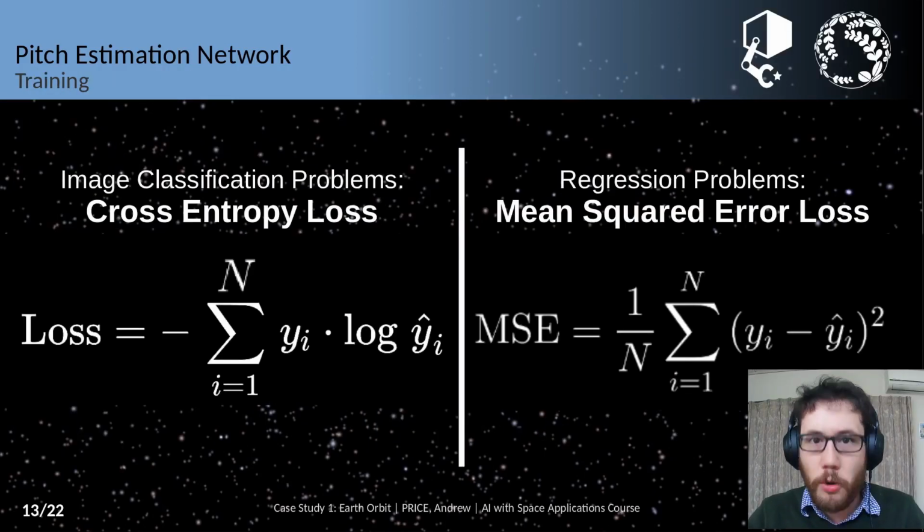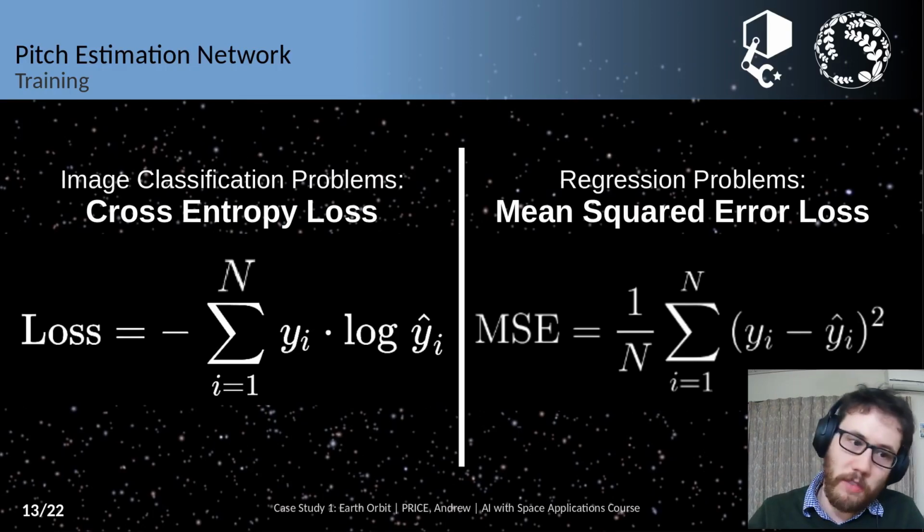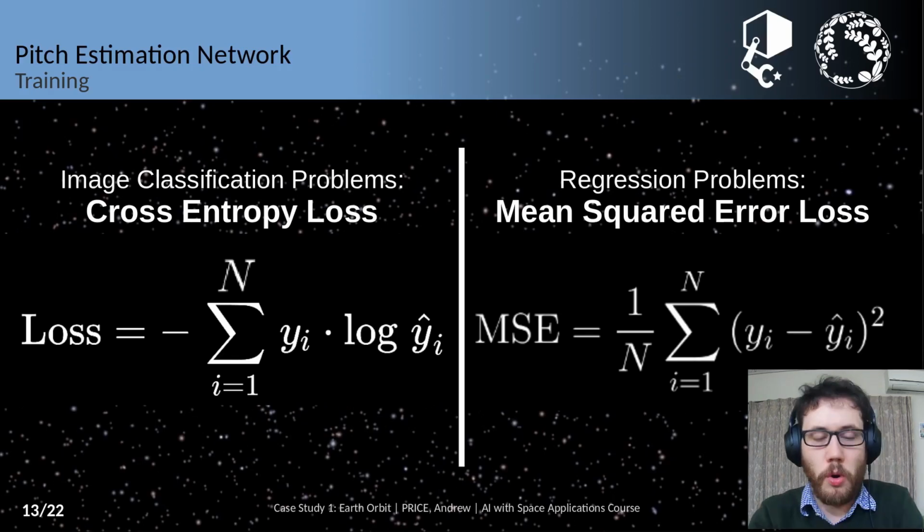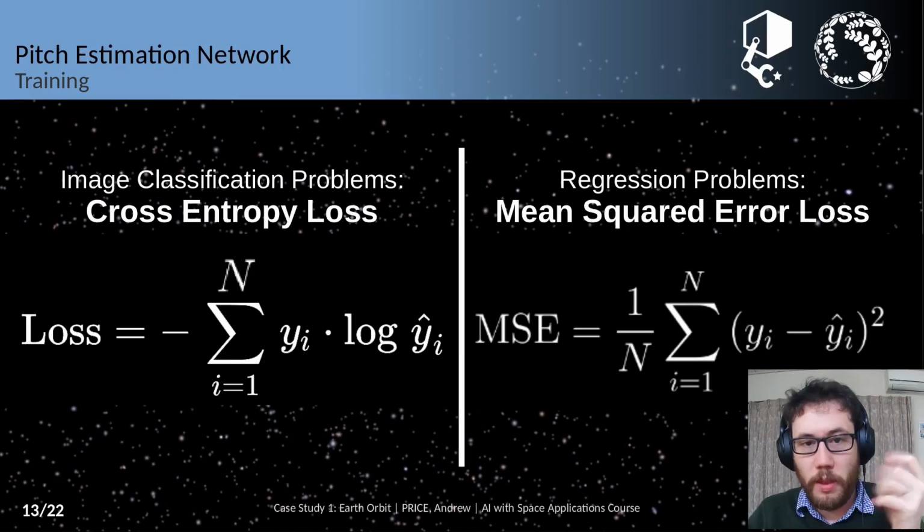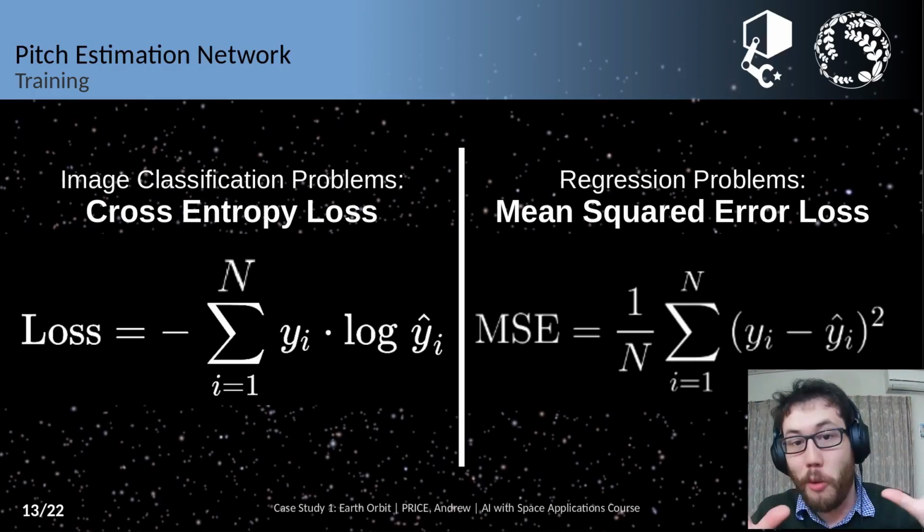Again, let's talk about how to train the network. For our image classification, typically we use a cross entropy loss, which is the function here. So y is the true answer, and y hat is the estimation. So if the image is a cat, and cat is number 1, or i equals 1, then y will be a 1, and our estimate may be 0.8, and then the log of 0.8 minus, sorry, I'm just explaining the math here, but essentially that is not appropriate for what we're trying to do here, which is another